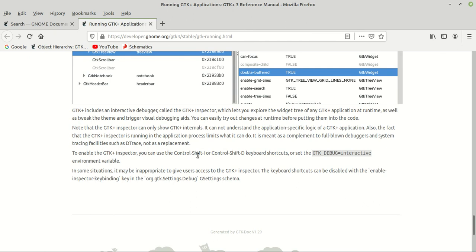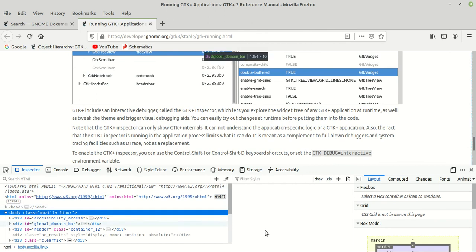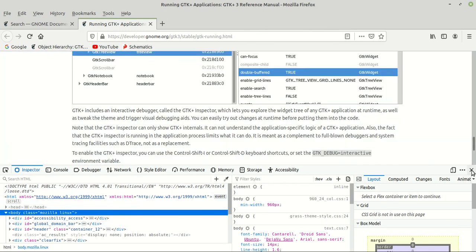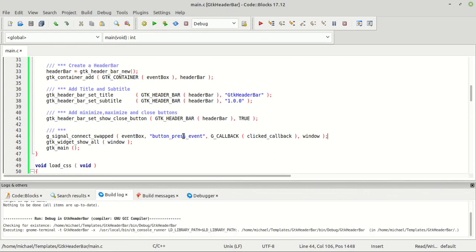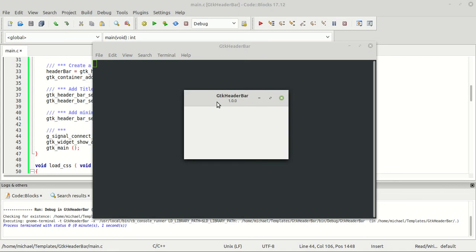Let me see if it's working. Ctrl+Shift+I. Yep, it's working. Here we have the inspector, but it's not the inspector which we needed, but it's working. So let me try something else. Let me run my application. Okay, now I'm right here. I'm going to press Ctrl+Shift+I. Nothing. How about Ctrl+Shift+D? It's still not working. Maybe because I need to enable my environment in the first place. No, so don't worry, you are not going to use it like that.